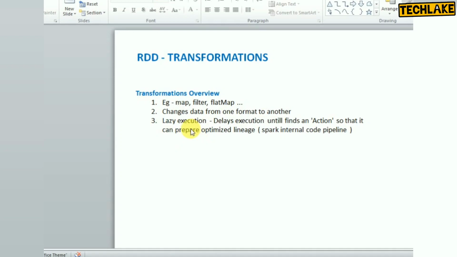And the lazy execution. Lazy execution means whenever you are creating a transformation, it won't be executed. A physical execution plan, the source code, will be created. Whenever you use an action, that is when it will be triggered or executed. That's called lazy execution. So let's look at the examples related to RDD.